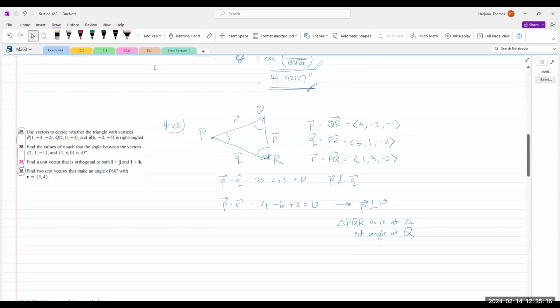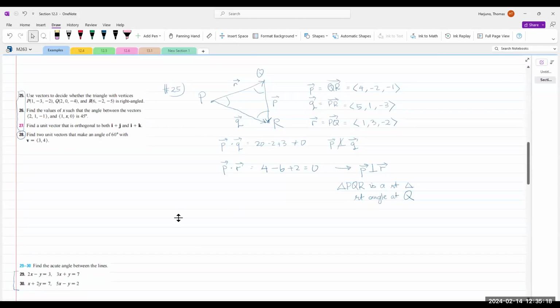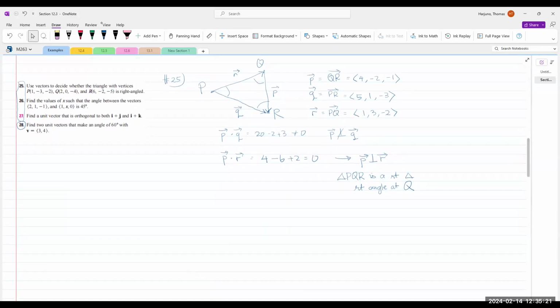Okay. Now number 26. Let me partition this. Number 26. Find the values of x such that the angle between these two vectors is 45 degrees. Please catch this S here, which means there are more than one possible x. Let's name that vector A for number 26: 2, 1, -1,